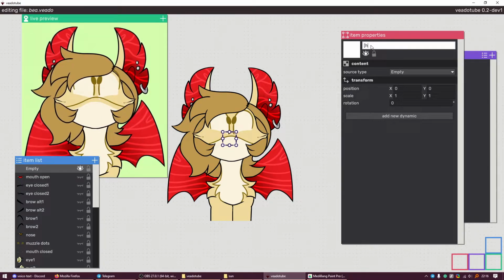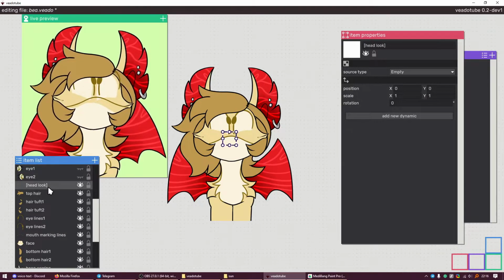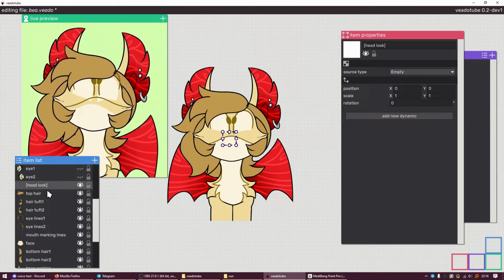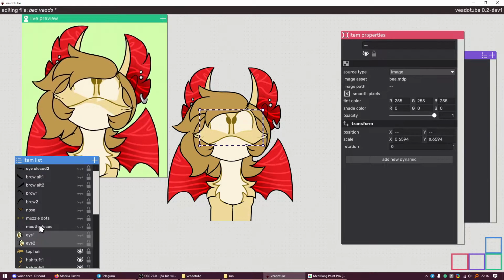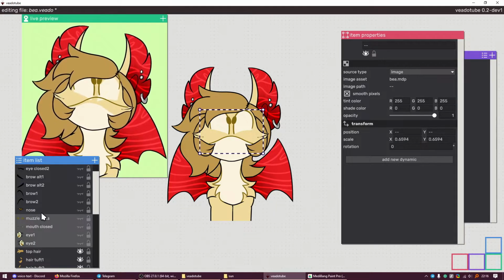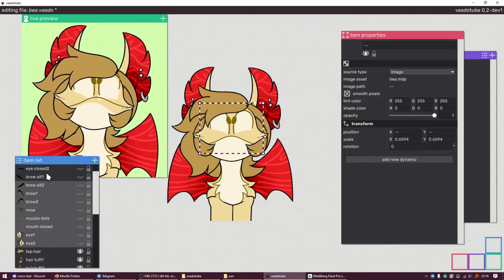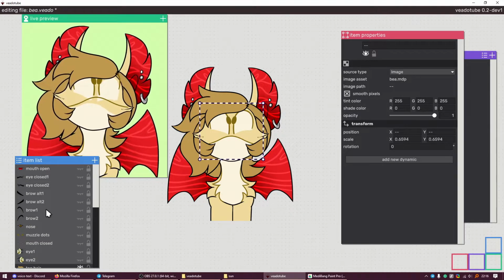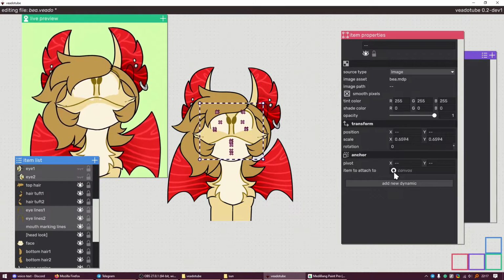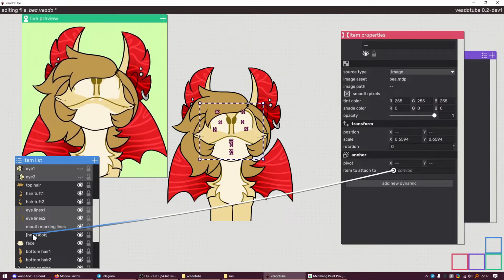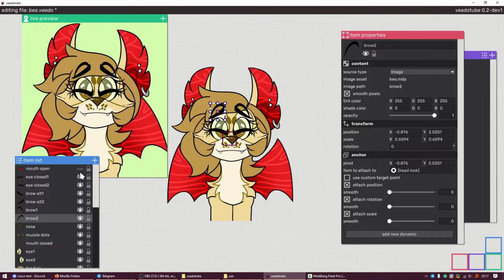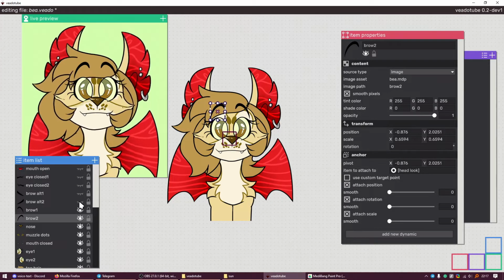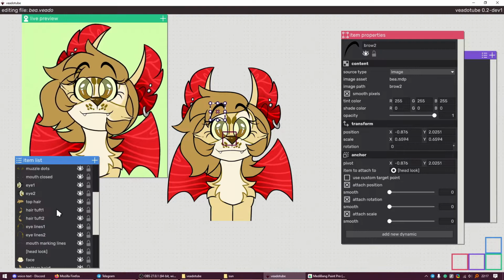It's gonna be called head look, actually. I'm gonna anchor everything face related into this. These ones and the eyes and literally everything in here will be connected to that. So I'm gonna anchor this to head look, right? And I'm gonna close a few things here. There we go. Cool, fun.